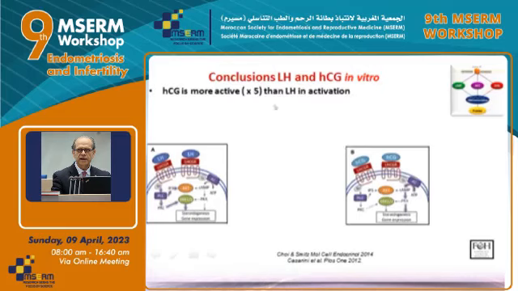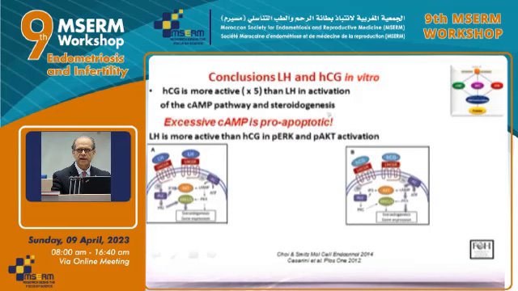Now, HCG is 5 times more active than LH on the cyclic AMP pathway. So it's an excellent steroidogenic producer. But we know nowadays also that an excessive amount of cyclic AMP can be pro-apoptotic in the cell. LH on the other side is more active in